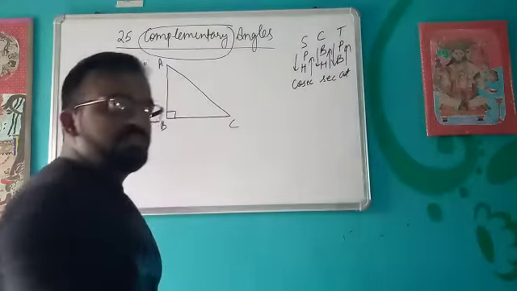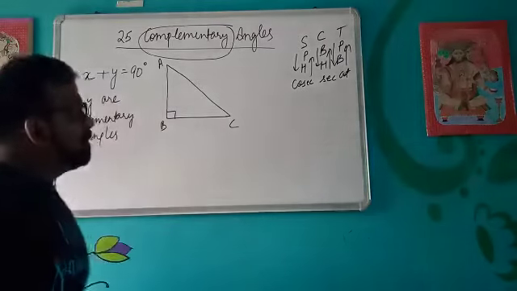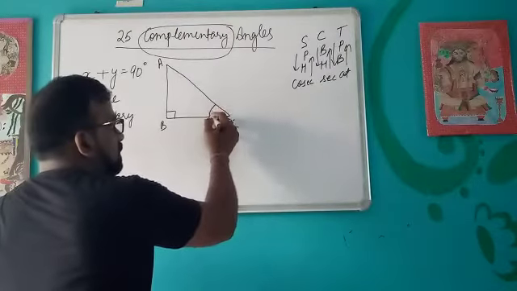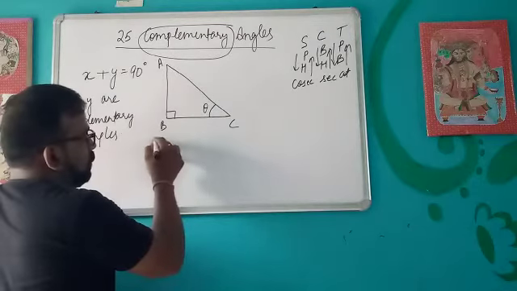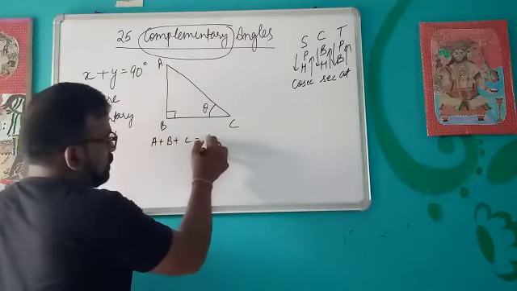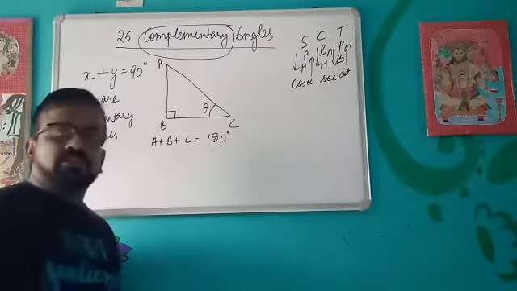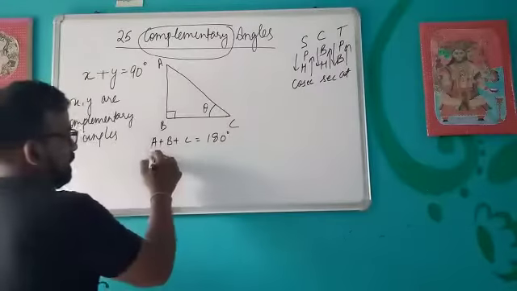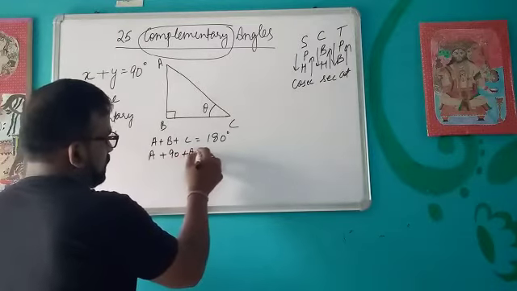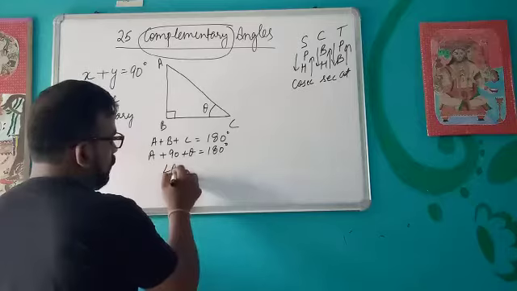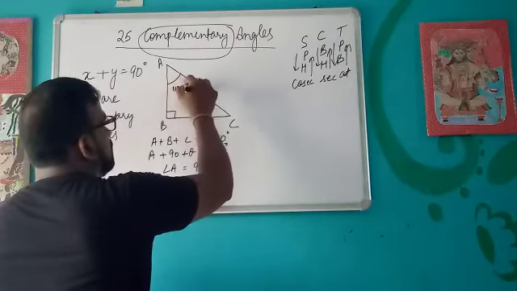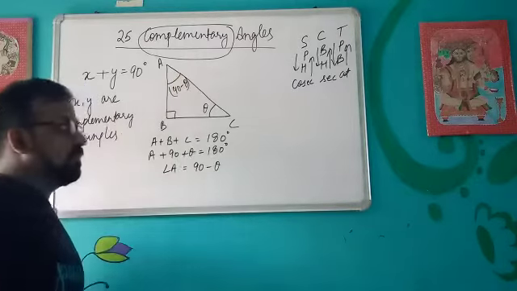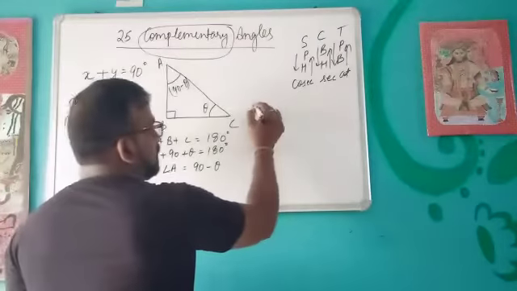Now suppose ABC is a right angle triangle and we have to derive the relations. Let this angle be theta. Now I will calculate the value of angle A. We know A plus B plus C is equal to 180 degrees, by the angle sum property. Let's see what is A. 90 plus theta is equal to 180 degrees. When you solve, you will get angle A is equal to 90 minus theta. That means this is your angle A. Okay, so we will start with the very first trigonometrical ratio, that is sine of theta.